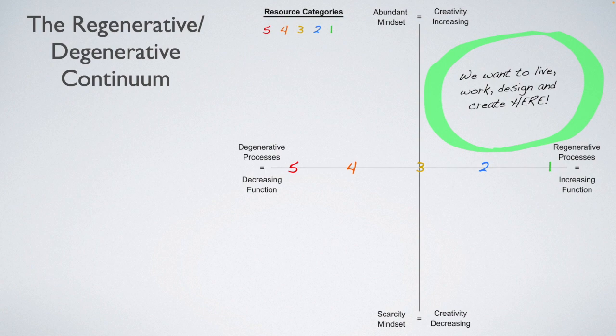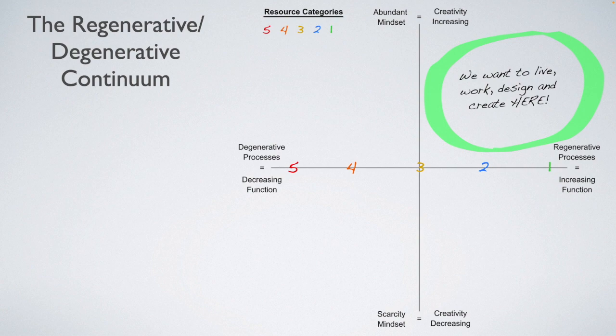Running horizontally, we have regenerative on the right and degenerative on the left. For a process to be regenerative is to cycle energy amongst the involved elements and the broader life web in a self-reinforcing pattern of increasing integrity, coherence, and function, which ultimately increases the capacity for life expression of your landscape. By virtue of a regenerative system or a regenerative element or process or life form existing, there's actually more capacity to express life in the environment. Nothing is diminished. There's actually more resources that are made available and the ecosystem function is strengthened.